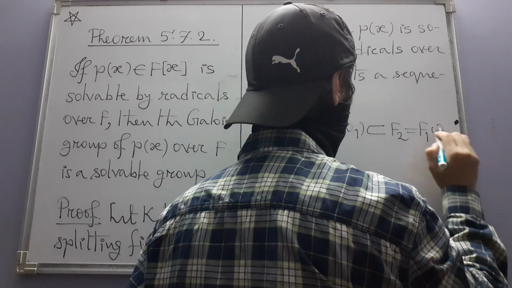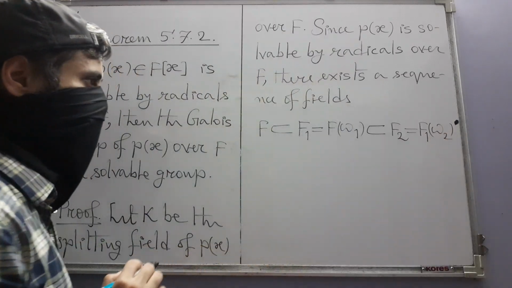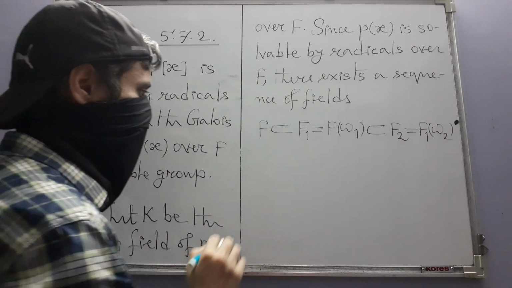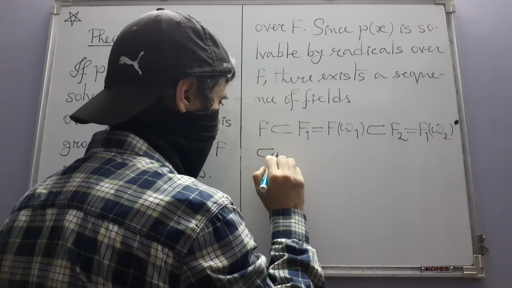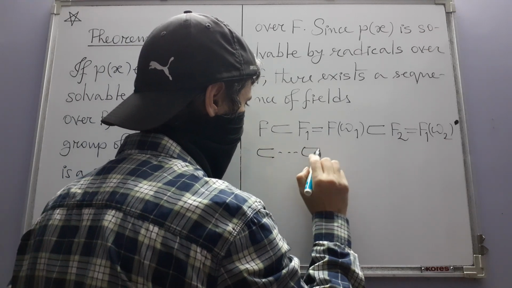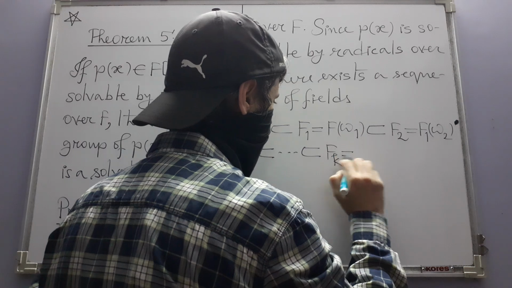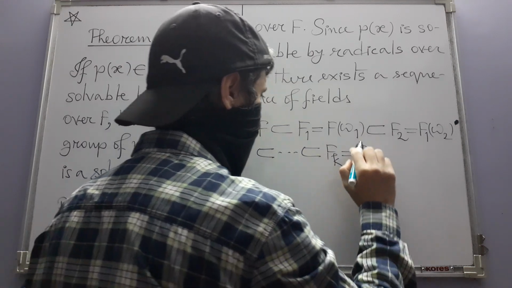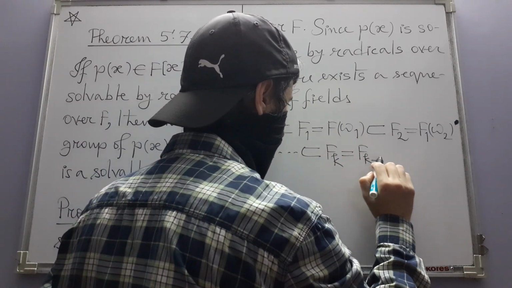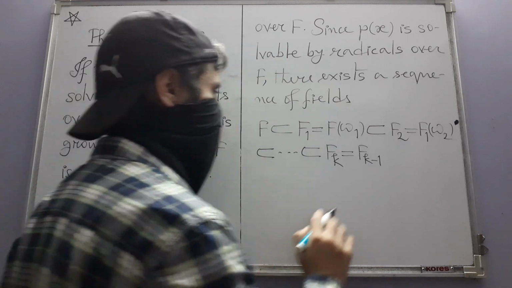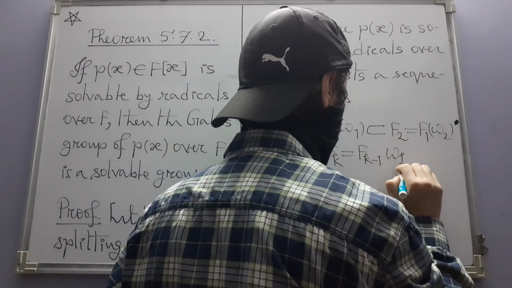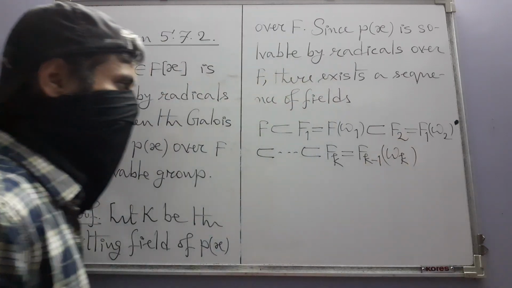Say we adjoin omega 2 to F1, and we continue like this. Eventually, we obtain the extension Fk of the previous field in this sequence, Fk minus 1, by adjoining some element omega k to it,